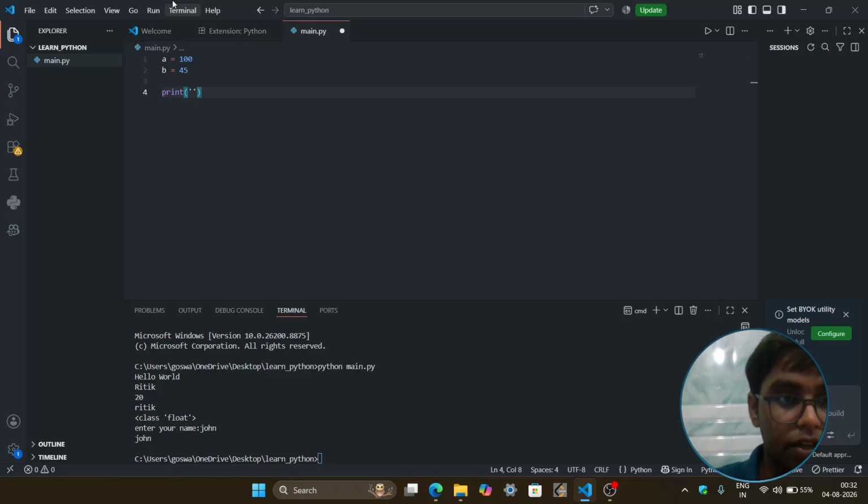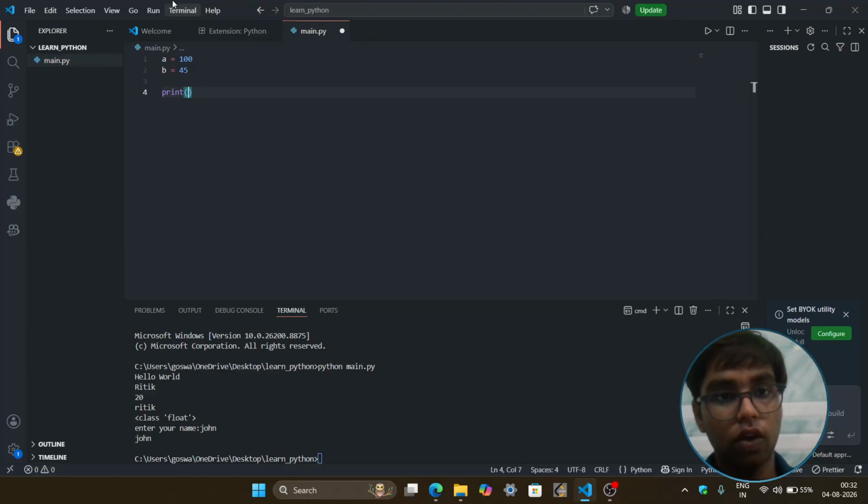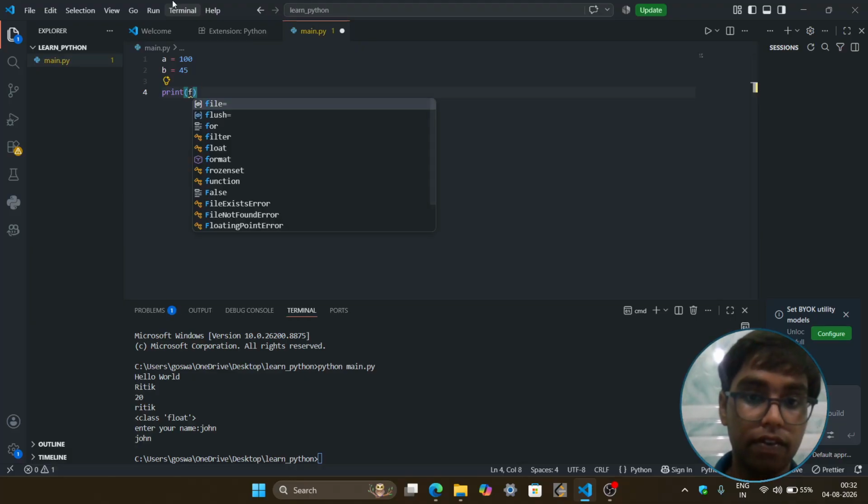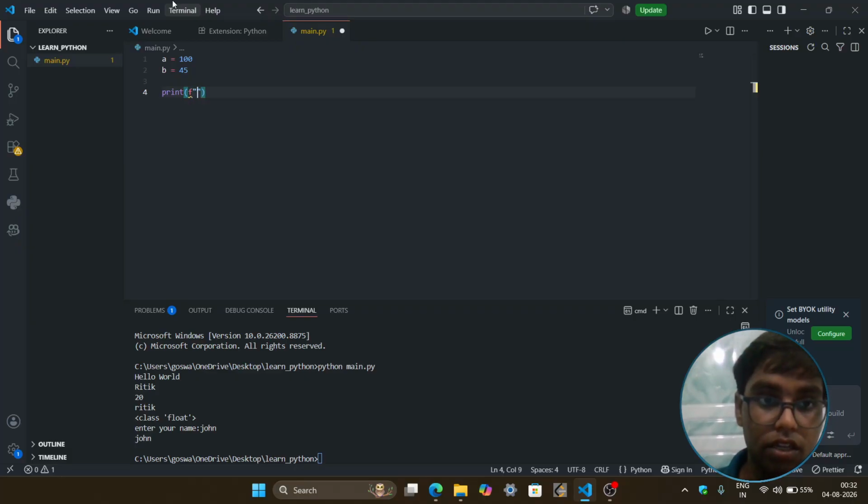Now we are going to say print. I'm going to tell you one more thing. If we want to print a string and a numerical value together, we use f, not capital F, f, and then the string. So that's how we are going to use it. We are going to write sum of values.